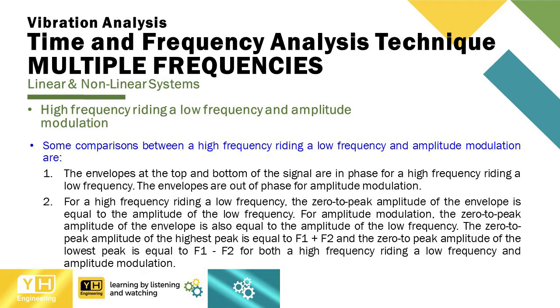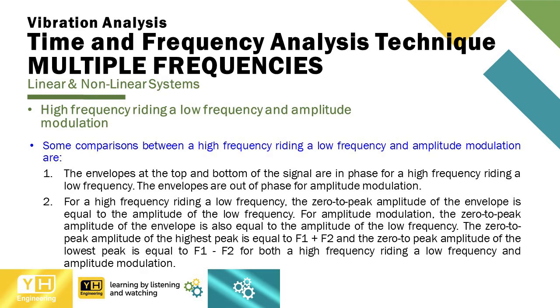and bottom of the signal are in phase for a high frequency riding a low frequency. The envelopes are out of phase for amplitude modulation. Number 2 is, for a high frequency riding a low frequency, the zero-to-peak amplitude of the envelope is equal to the amplitude